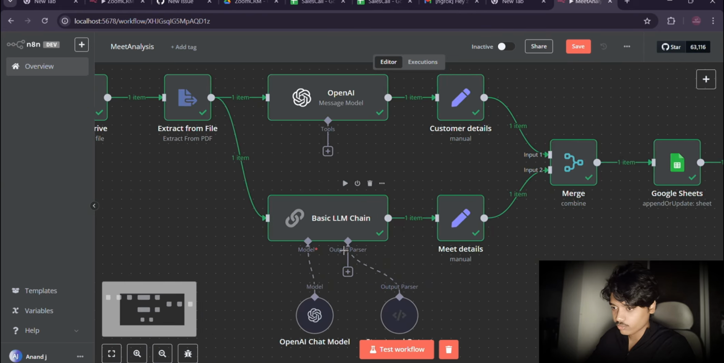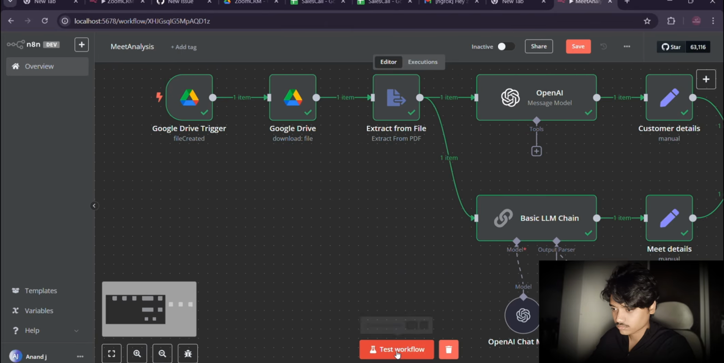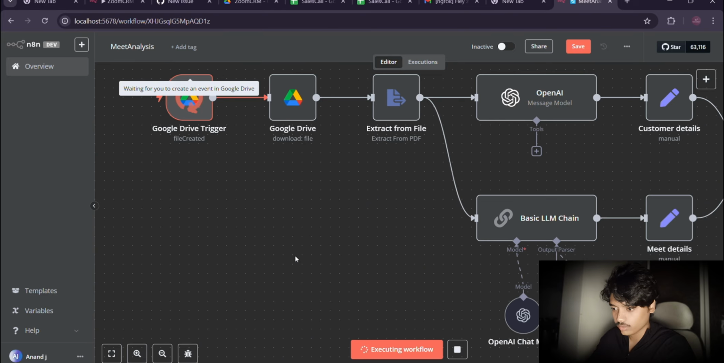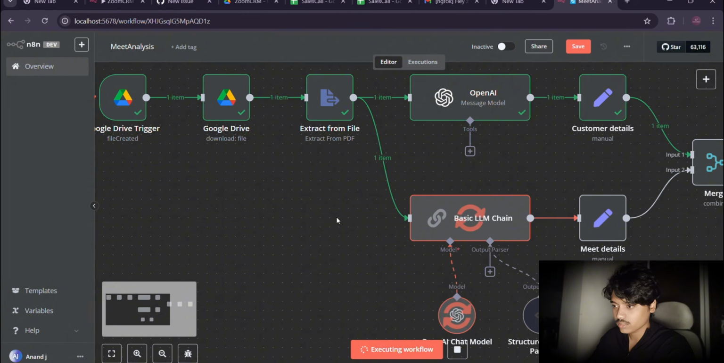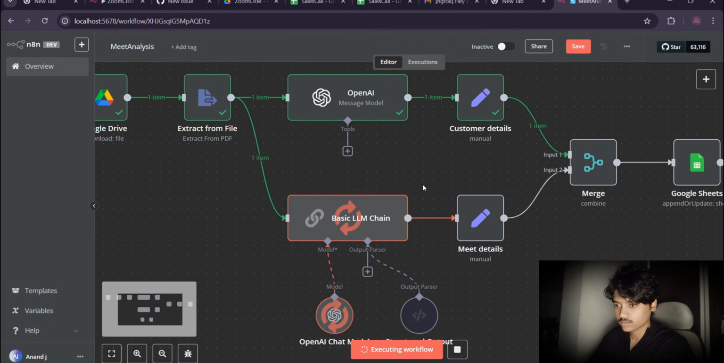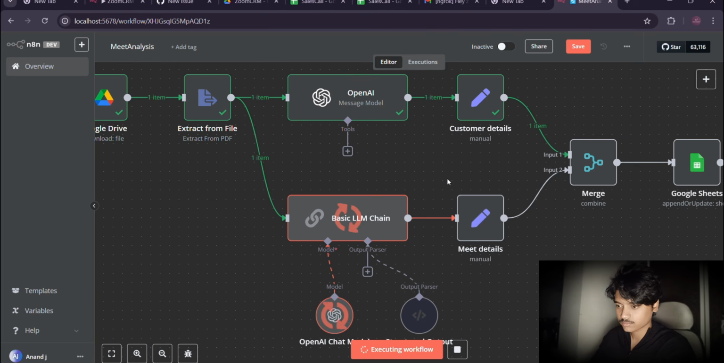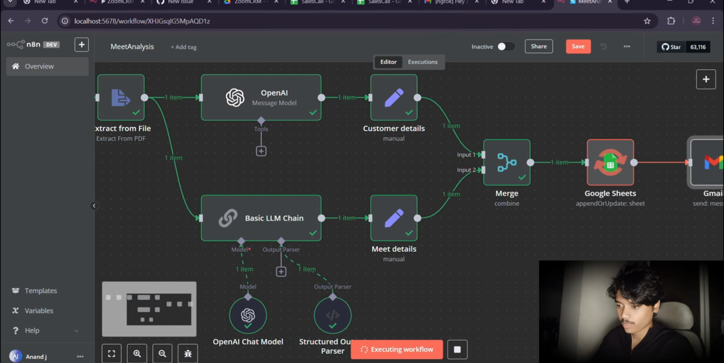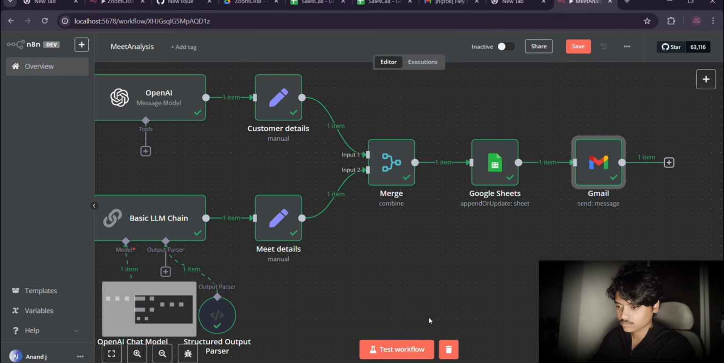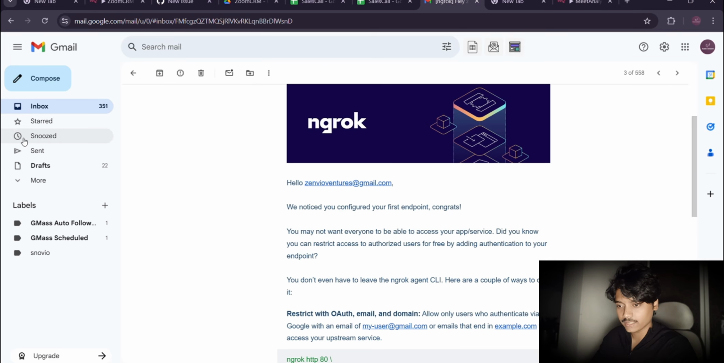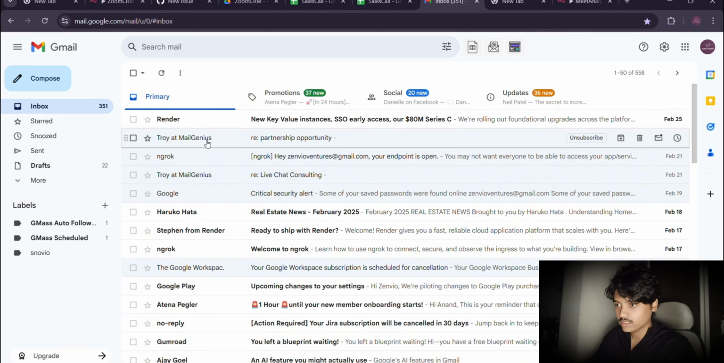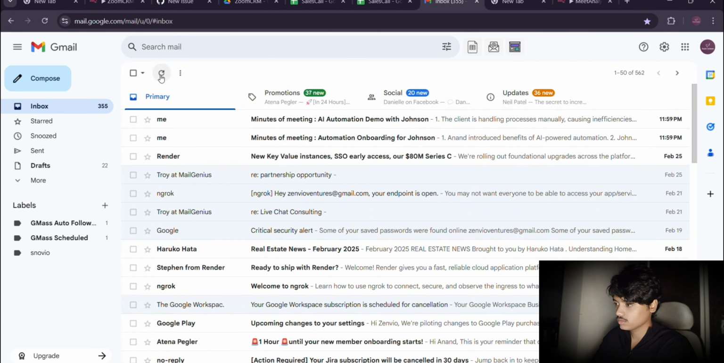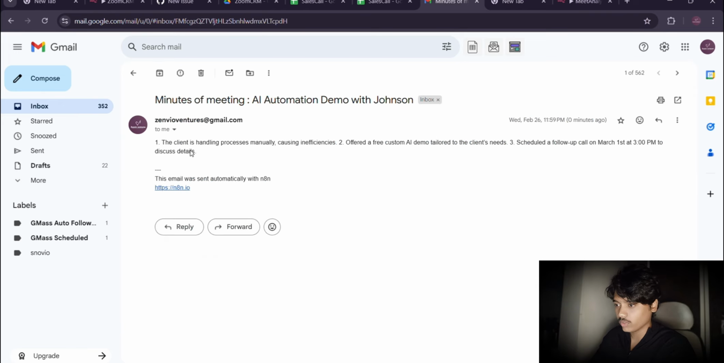So our workflow is now created. Let's test this whole workflow once. Just click on test workflow. It will run this. Now it is updating the Google Sheets, now sending. Let's check our email. I am in the inbox. Now I got two emails, one the previous one